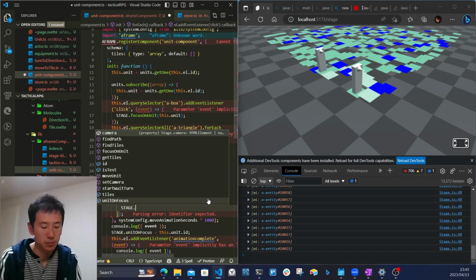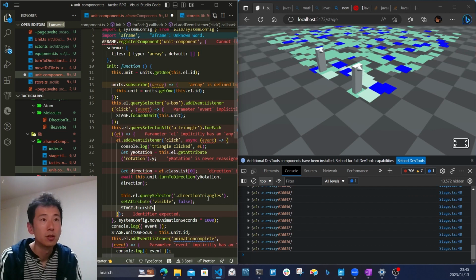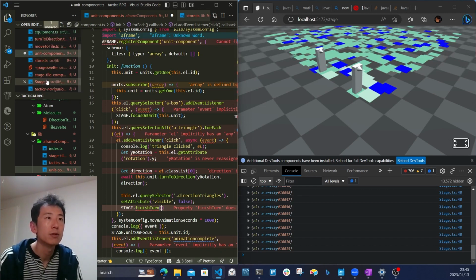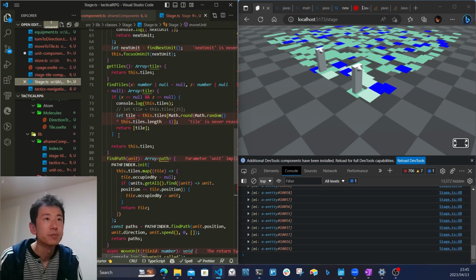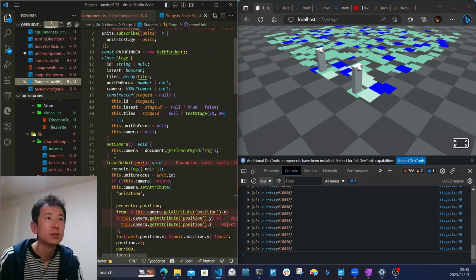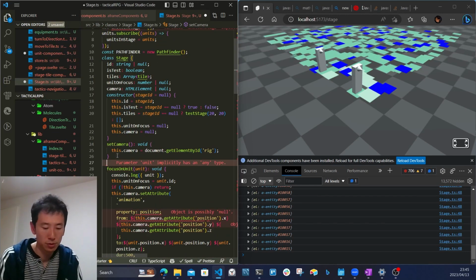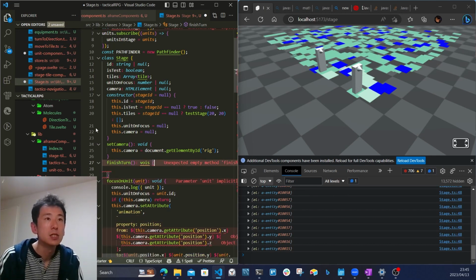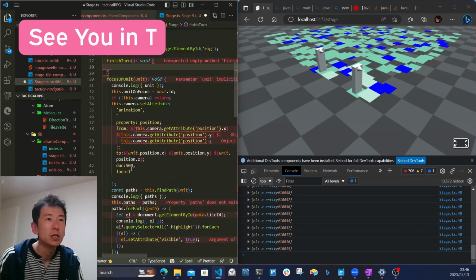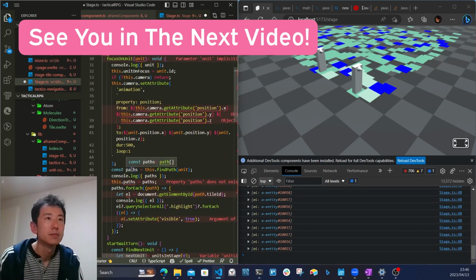So stage, trigger finish turn. Will be called, so the stage should handle that. Okay, so finish turn, focus on unit, finish turn, void. Oh, sorry, void. So finish turn is when it is called, then